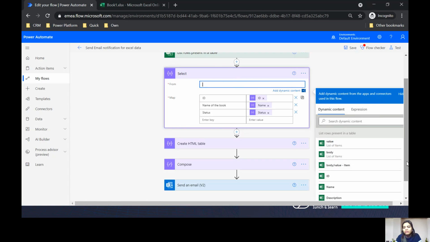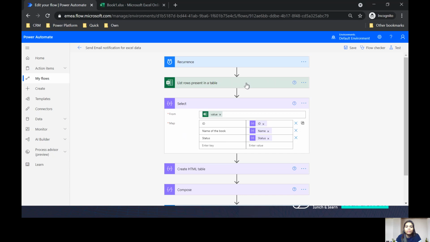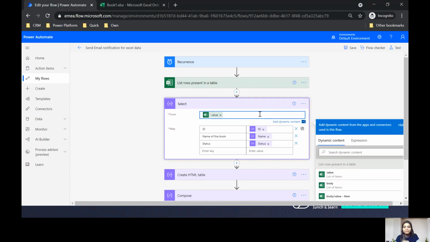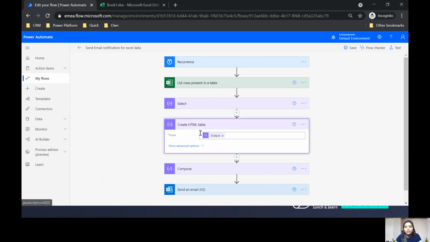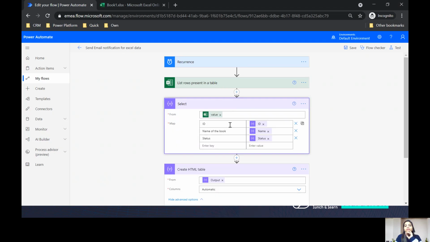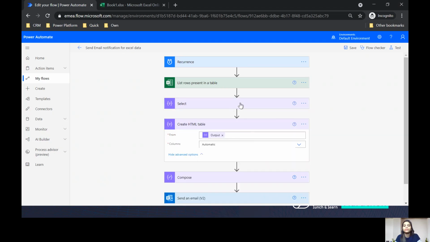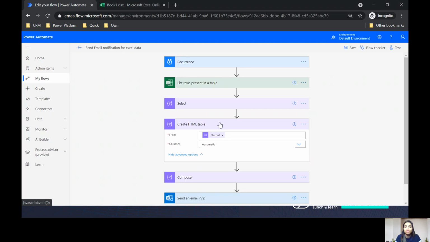So in my dynamic values, I'm going to select the value of the items. All the values that are coming from the Excel are going to be listed over here, and then I'm very specific about getting these columns. Then there was an operation of getting an HTML table, so I got that. Please note I'm using the output of the select now and not the table from the Excel directly, because I'm very specific about the columns being used. But if I don't want this, I can directly go ahead and use the values directly. It's going to give me all the 5 columns.